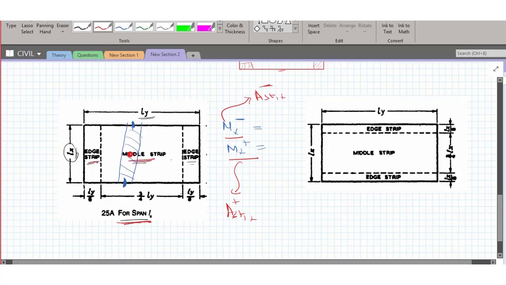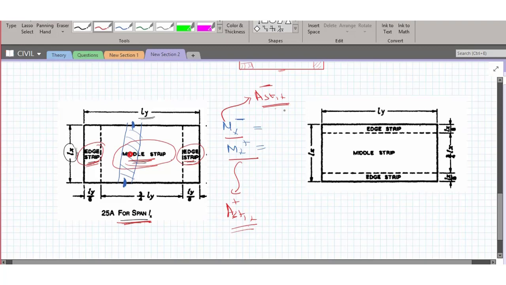So you have middle strip, you have edge strip. You have computed Ast x minus, Ast x plus. The code is saying that whatever Ast x minus and Ast x plus you get, you provide this reinforcement completely in the middle strip. You don't provide the steel in your edge strip.